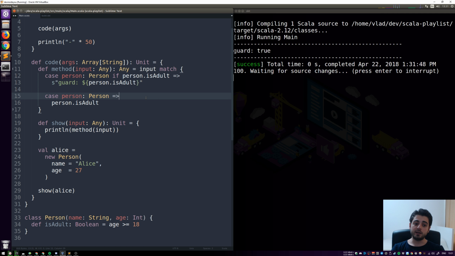And by the way, you need guards when a pattern is not enough to express what you want to match on, right? And if we do 15, then it's not going to match this one. It will just match this one and just return false. Okay. All right. So I'm not sure if you noticed this, but we're not dealing with a person as if